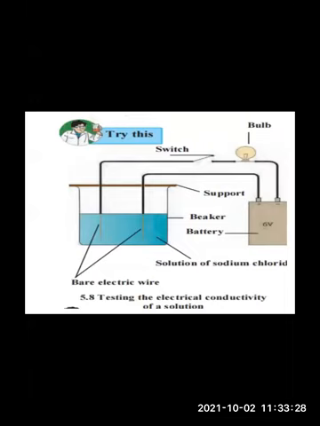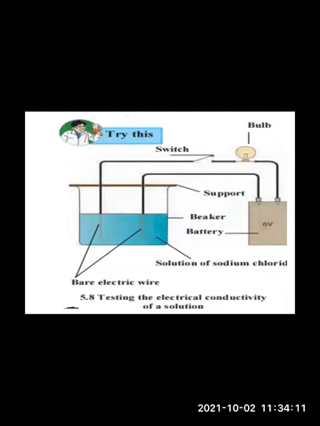So you can study this activity. From this, what we learned is that the electric circuit is completed on immersing the electrodes in certain liquids or solutions. So only certain liquids allow current to pass. Now you find that urea is not passing the electric current, glucose is not passing the electric current. Whereas which are the 4 solutions which are passing the electric current? NaCl, CuSO4, H2SO4, and NaOH. Only these 4 solutions are allowing the electric current to pass through. I hope the things are much more clear to you, students.